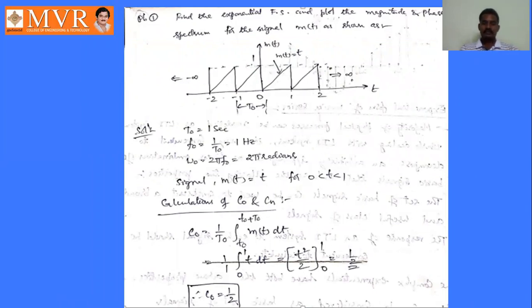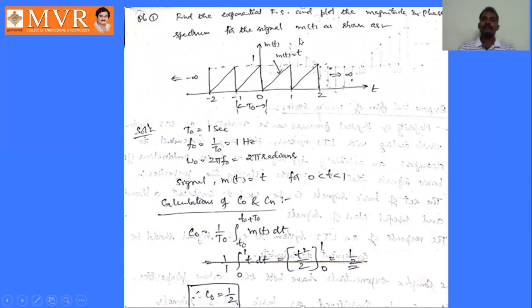So like the trigonometric form, here also we have exponential form. In exponential form also we have some problems related to the exponential Fourier series. So here also there is a procedure for solving these problems, like trigonometric form. In trigonometric form, we have to find out the values of a naught, an, and bn, whereas in exponential Fourier series form, we have to find out the values of c naught and cn. Remaining everything is the same. See the problem: find the exponential Fourier series and plot the magnitude and phase spectrum for